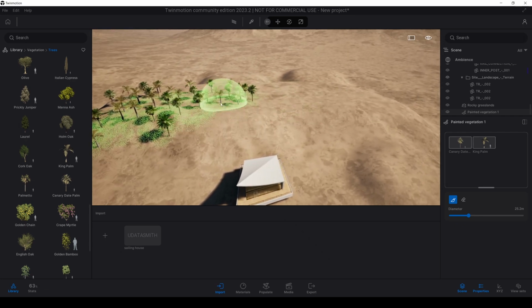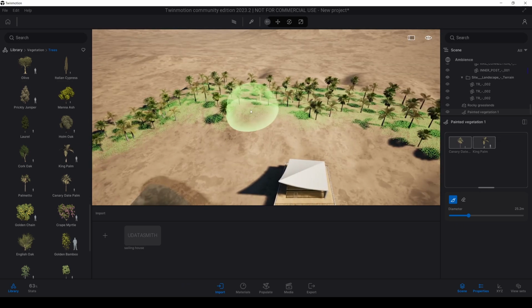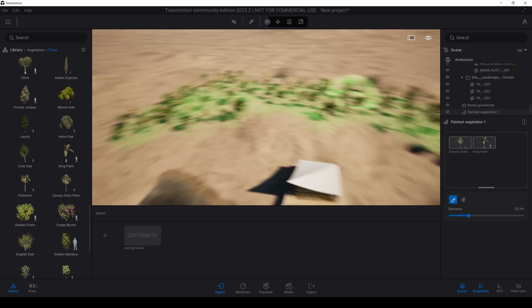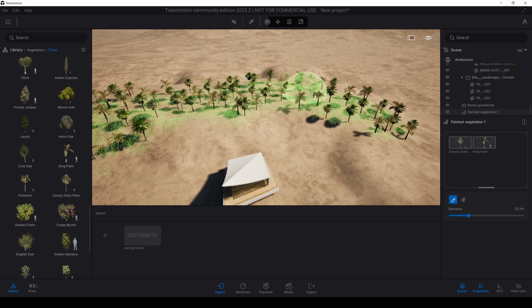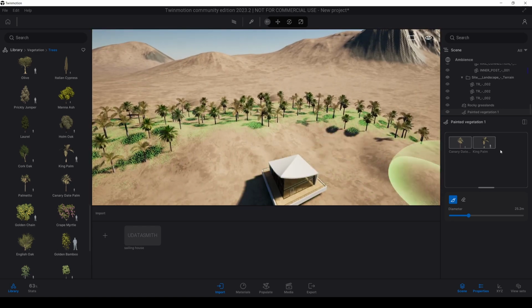If you are not satisfied with the density of your forest, but you cannot increase density from these settings, instead of that, you need to create another painted vegetation and brush once more.